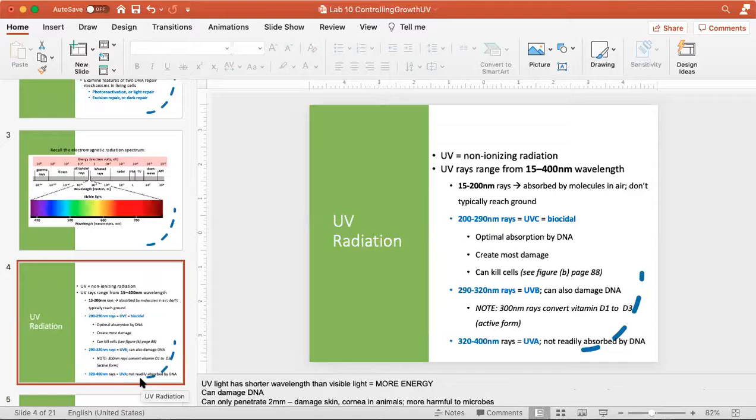Now, ultraviolet radiation is what we refer to as non-ionizing radiation, and that's important because the other two types of EM radiation on that spectrum, the X-rays and the gamma rays, those are ionizing. So UV is very powerful, but it is not ionizing. Now, what does that mean? It means that as it passes through living tissue, it's not strong enough to knock electrons out of orbit. That's what ionizing radiation can do.